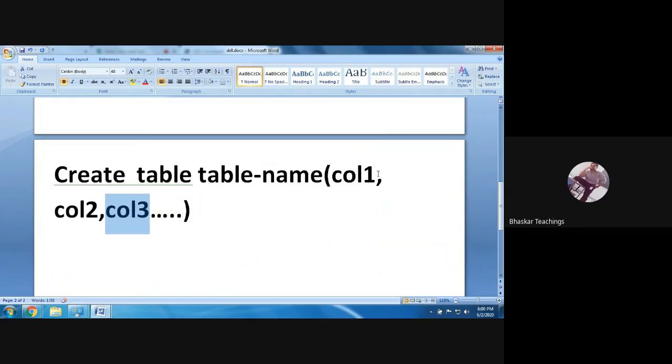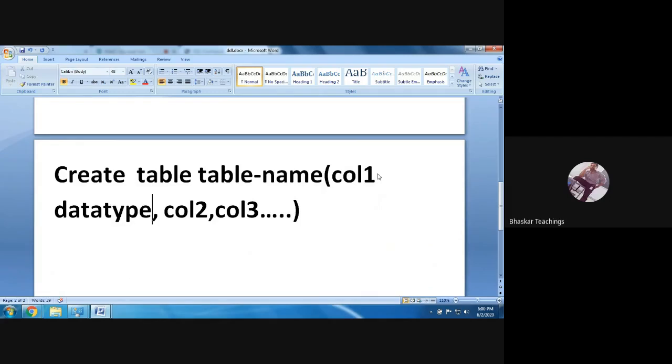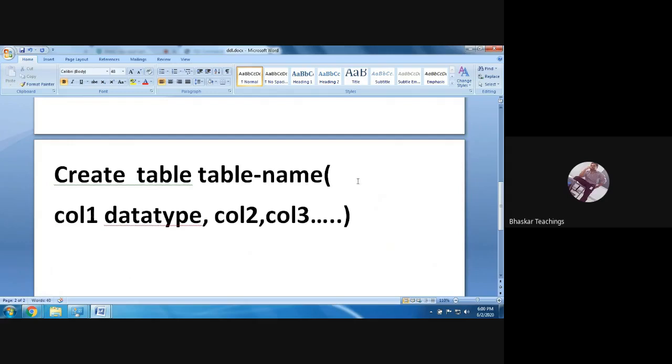Okay, so the syntax follows this way. After mentioning the column name, you need to give a space and mention the data type. Create table table name, column 1 space data type, and also comes constraint. What is constraint? We haven't discussed constraint till now.